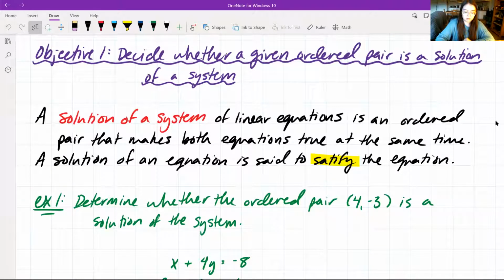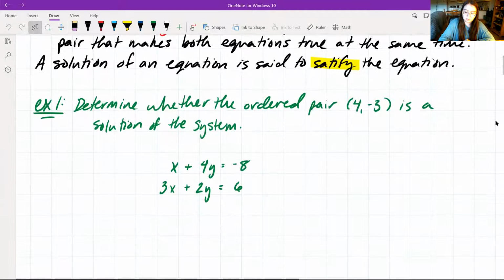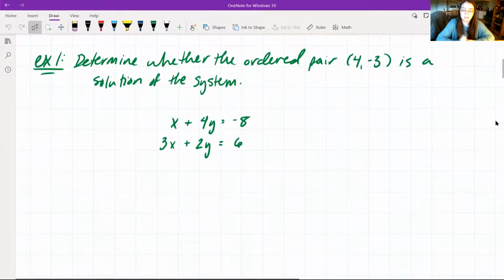So jumping right in with our first example, we want to determine whether the ordered pair 4, negative 3 is a solution of the system. The system in this case being x plus 4y is equal to negative 8, and 3x plus 2y is equal to 6. So if we want to see whether this ordered pair is a solution,